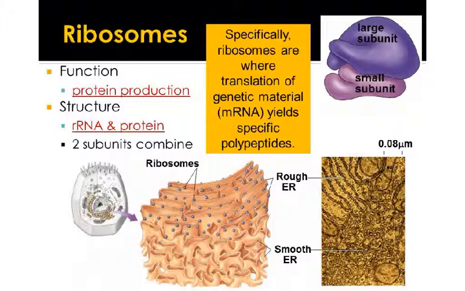Your ribosomes function to produce proteins. Specifically, they are the site where you read your mRNA. It's like a recipe, and then you read that recipe to make the chain of amino acids. Your ribosomes are made of rRNA and protein, and they consist of two subunits, a large subunit